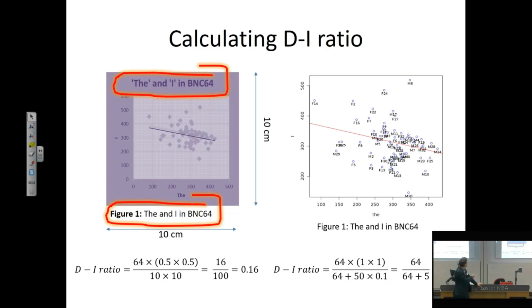Right? We can also see by the labels, because we have F for female and M for male, the gender of the speakers. So already in the graph, we have additional pieces of information that we can use for the analysis. Right? So again, we have 64 points, slightly larger pieces of information, but we don't use the ink to fill up all the space. We use that just for the axes, and then when we run the numbers, we get closer to 1.